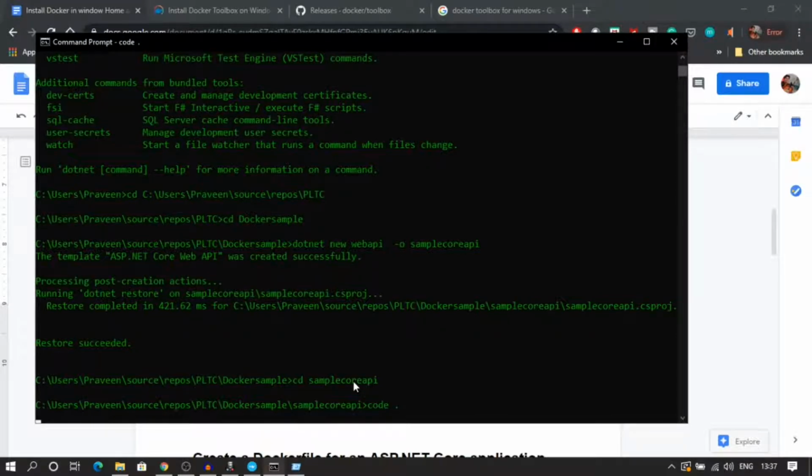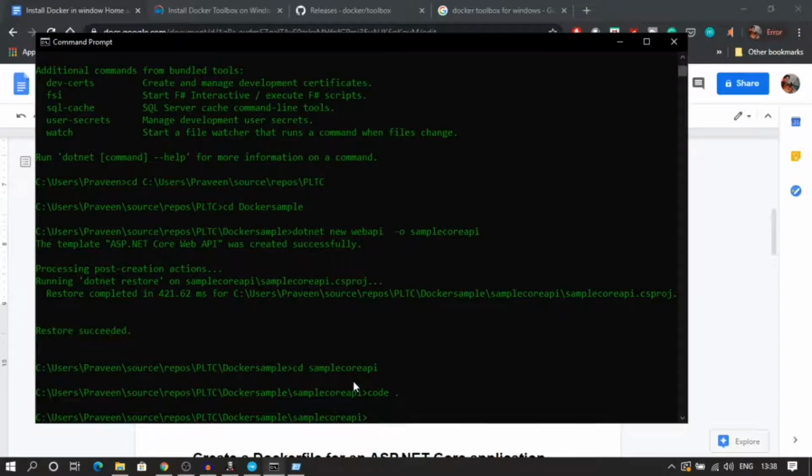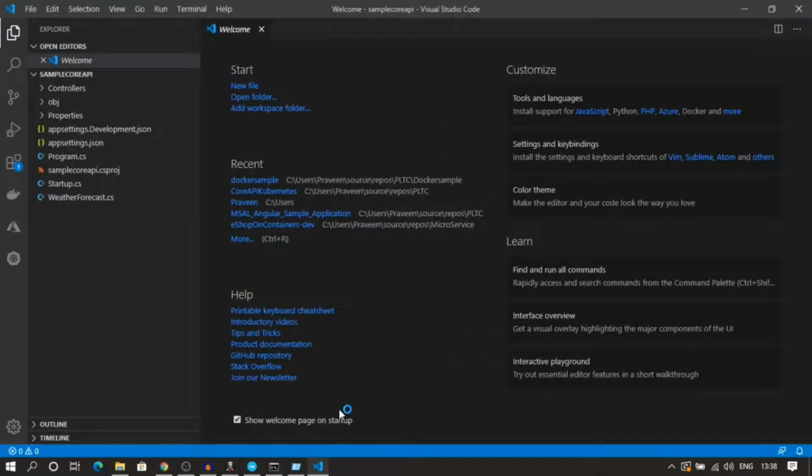So if you have Visual Studio Code open, it will be very easy because I'm gonna use the inbuilt plugins for Docker and for container and Visual Studio Code itself. So you can see how easy it is to build and to run a container through the plugins. Otherwise you have to use the commands, which is very difficult to use, and sometimes if there is a typo then it's hard to figure it out.